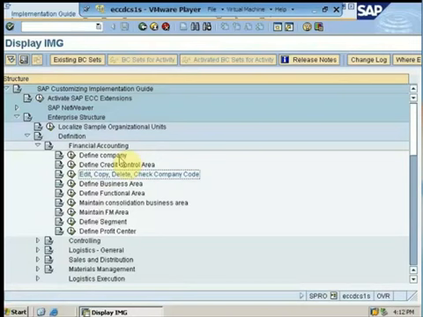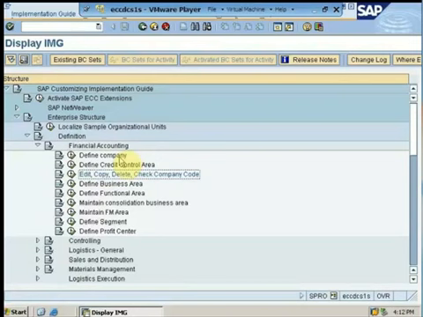We can go back from here, and there you can see if I click on the position and I write FI02, here is our company code which has been created right now. If I double click on it, you'll see all the properties that we just entered in order to create a company code.